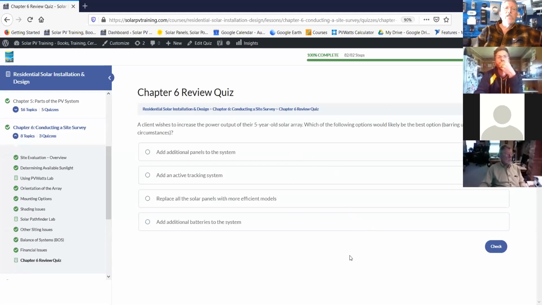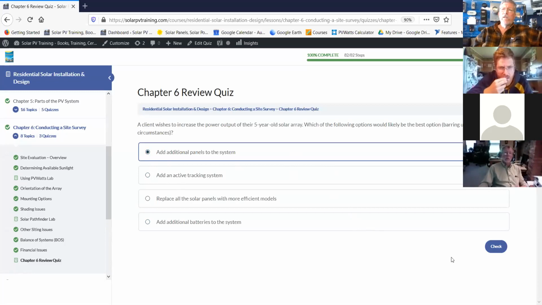A client wishes to increase the power output of their 5-year-old array. Which of the following options would be the best option, barring unusual circumstances? Add more panels, add an active tracking system, replace all of the panels, or add batteries? Add additional panels. Yeah, and this is one of the reasons why